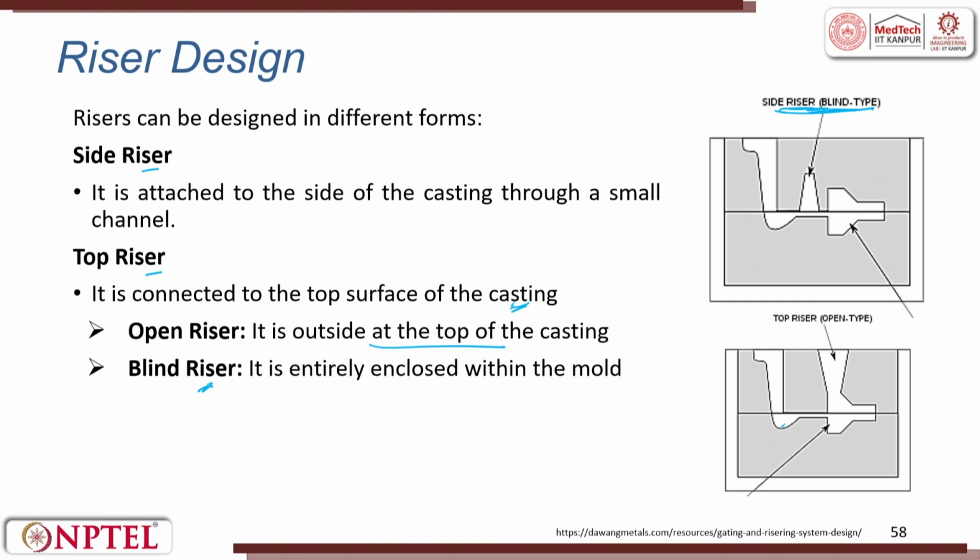We can also have blind risers, but it is very difficult for us to control the surface and quality of the product, though it is followed to a large extent once you have optimized the process. It is entirely enclosed within the mold. So, you see here the mold. This fellow sits inside the mold and it fills here, then it fills here and then it starts feeding here. So, blind risers are good. Why? Because here you have heat extraction which happens, here it does not happen, it is good, but fabricating it is difficult. So, we always prefer to have top risers or open risers.